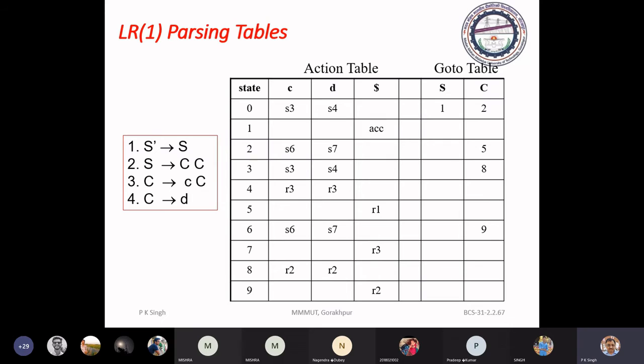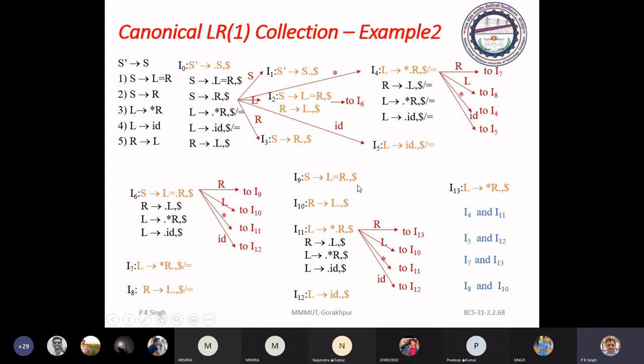This is the table we have already constructed, and now recall the discussion of SLR parsing table. In SLR parsing table, we have considered this grammar. This is the grammar, and by adding this production, we have converted it into augmented grammar.